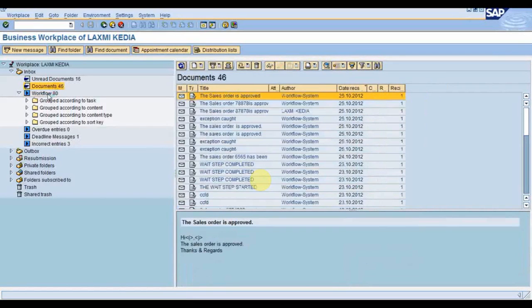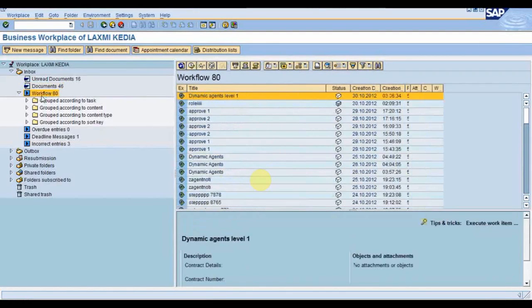In the workflow section we only get work items, and in the document section you can see here these are the notification messages. So whenever the send mail step gets executed, you get the mails in the documents tab, and whenever some dialog step gets executed, then the work items you receive are in the workflow tab. So it just gets categorized. Suppose for the same task you have more than 10 items, then accordingly to the task it will be grouped. So this is just a grouping, nothing else. Whatever items you want to see, you can just click on this workflow tab, and it will be shown there.